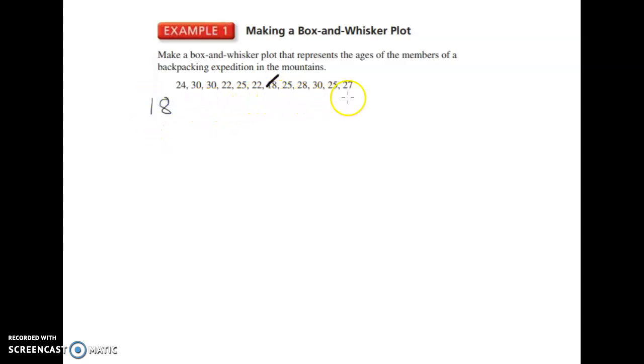And then I look and I see 22, 22. And then we have 24, 25, 25, and then we have another 25,